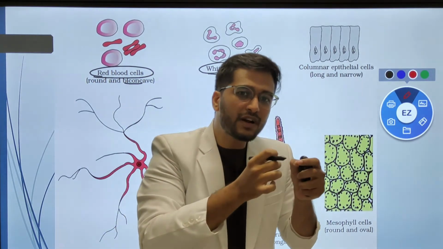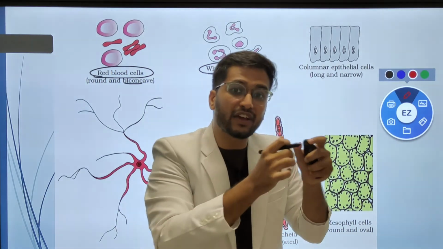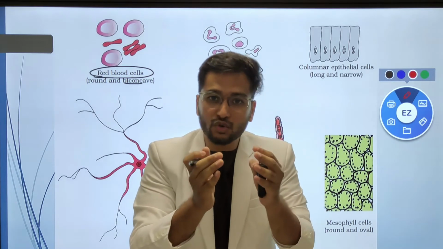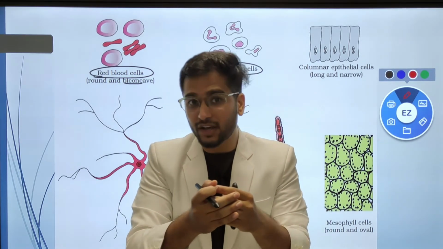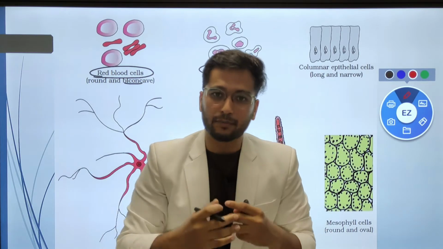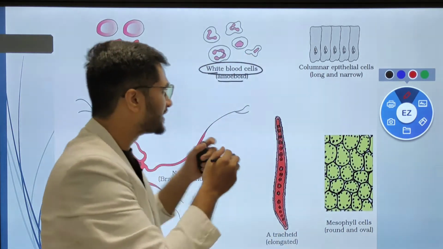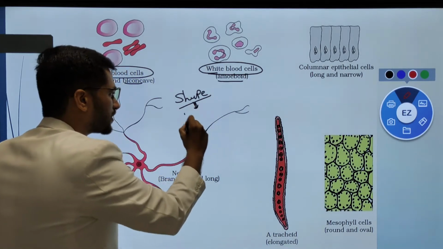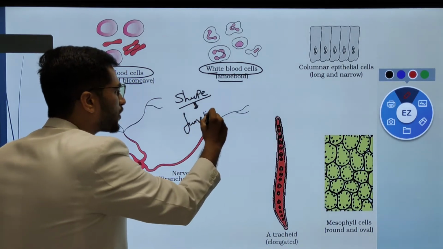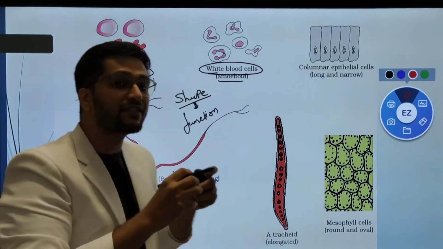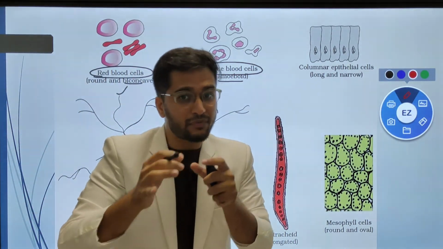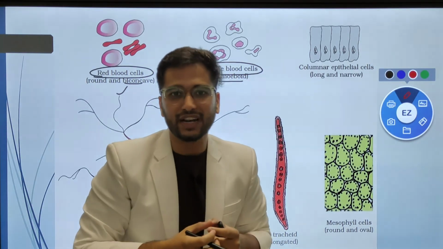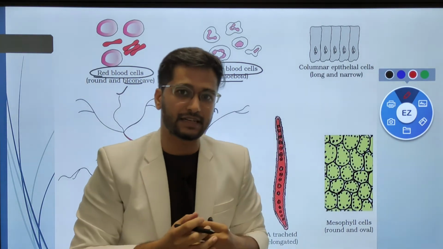The white blood cells are basically natural killers. They are the phagocytic cells that protect us from pathogens. For that they make pseudopods and cover up the microorganism, or pathogen, and protect us. So this is a difference in shape, but why? Because of their function. Without the biconcave shape, the red blood cell would never perform its function efficiently, and without the amoeboid shape, the WBC would not be able to perform its function efficiently.